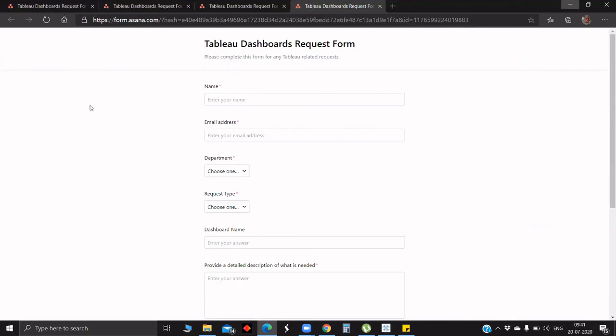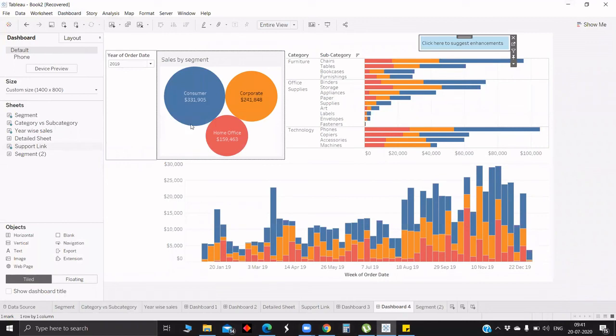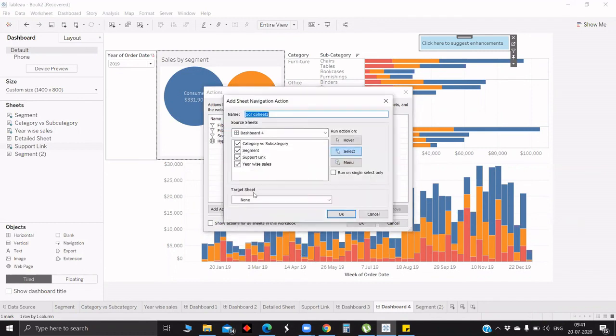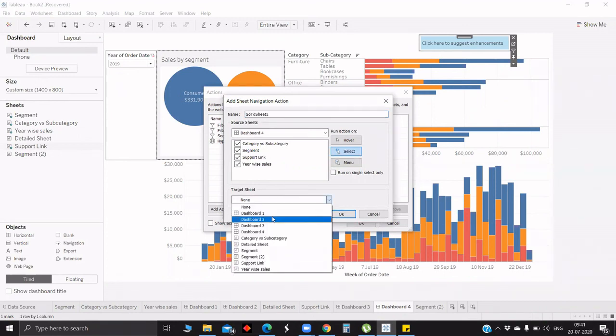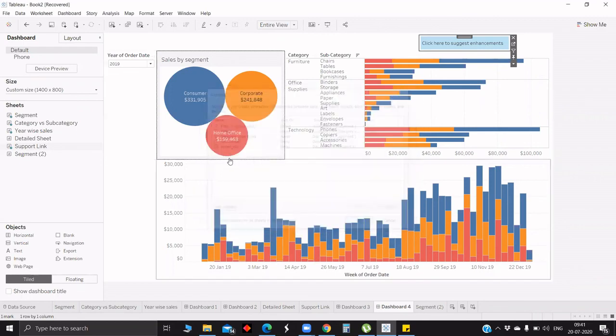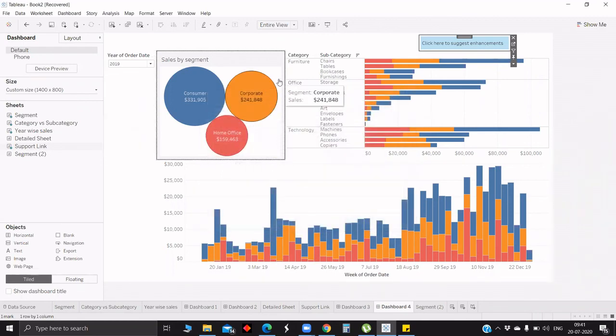And the last action which we have next is go to sheet. When you want to switch from one dashboard to another, we can use the go to sheet option. Here we have dashboard 4, which is the current dashboard, and the target sheet maybe dashboard 2 or 3. Here also, it's better to go with menu, as you don't use it frequently. When you are trying to go from a visualization to more detail, once you click on this, we will have go to sheet.